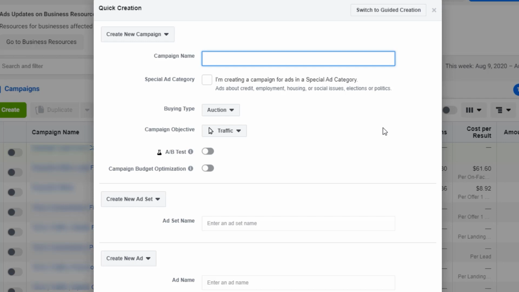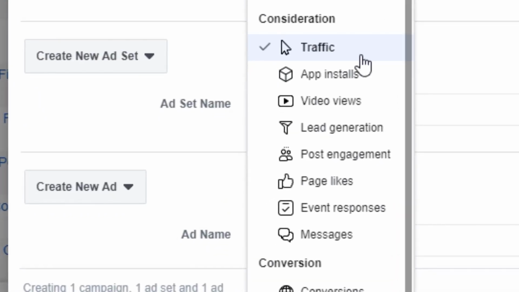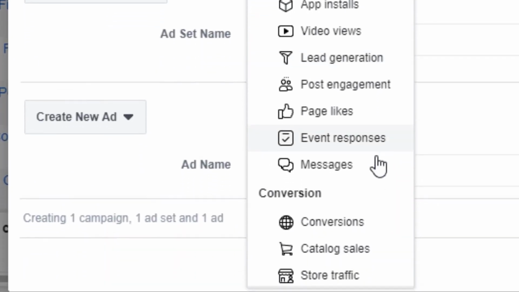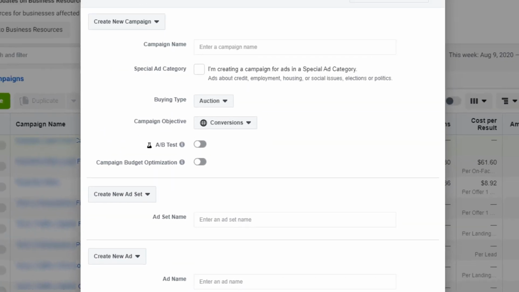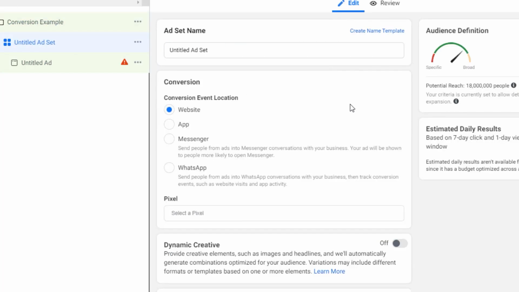So you're going to see me whiz through here and just set up a campaign. The only thing that's different here is that with a campaign objective, it's going to be set not to lead generation, but to conversions. Okay, so we've created our example conversion campaign, and now we're in the ad set. So because this is a conversion objective, at the ad set level, we're going to have to set up what